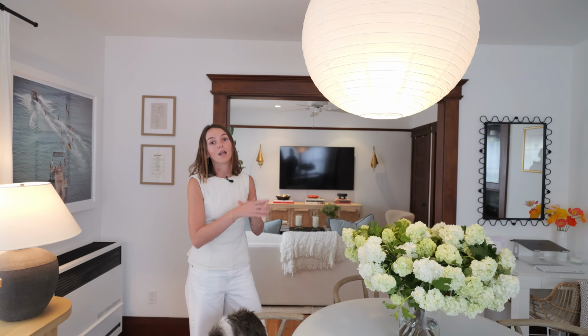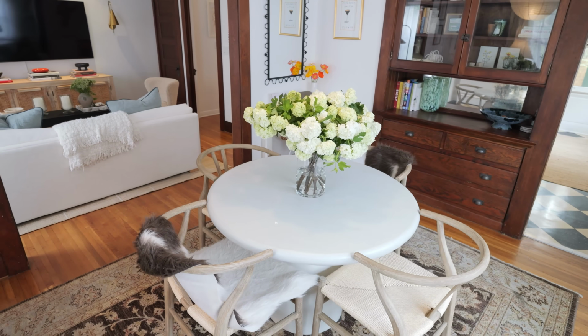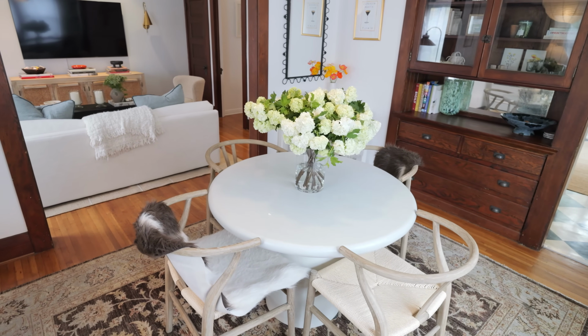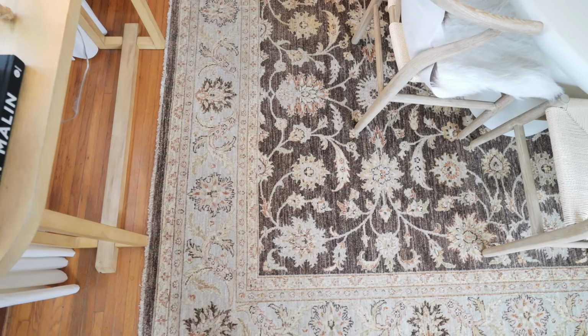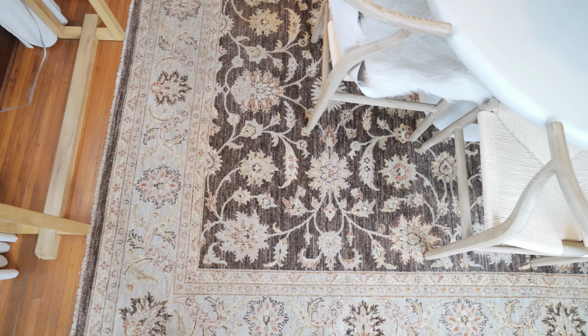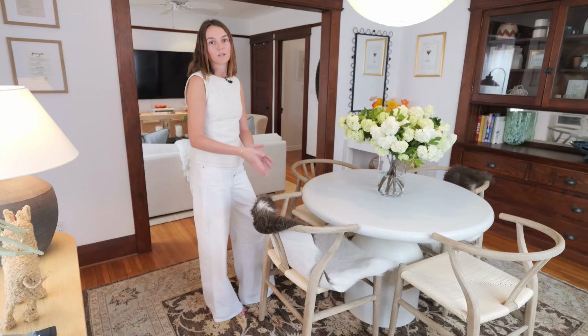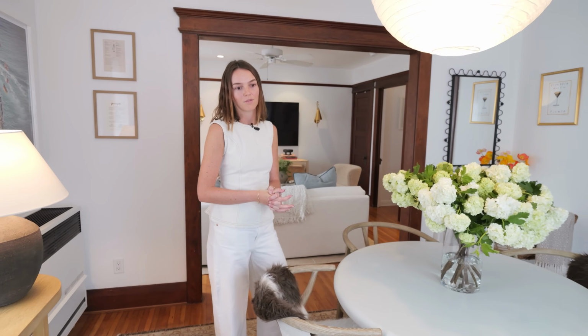It just adds a bit of warmth and a bit more texture than what was in the ceiling originally, so I swapped that out. And I love having just kind of a round dining table. I can add another chair if I'm having more people over, and the rug my mom gave me, it was in a house that we used to live in when I was a kid. And I kind of thought it wasn't going to work in this space, but it actually ties in with some of the browns on the wall. So I think it's really special to have just some pieces that tell a story